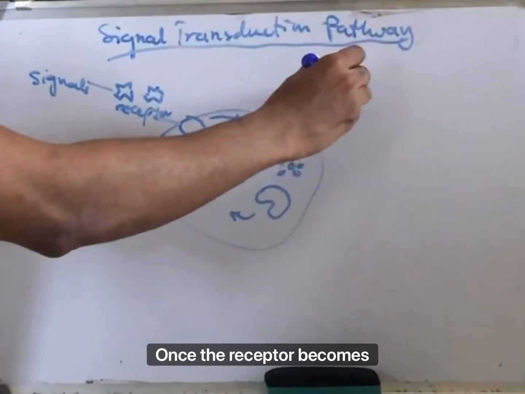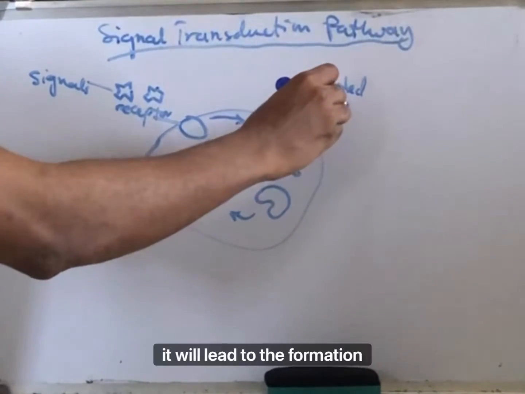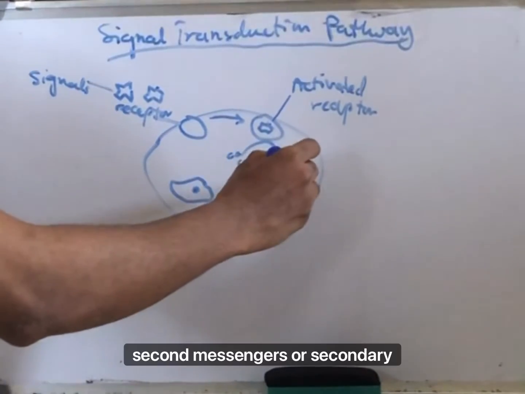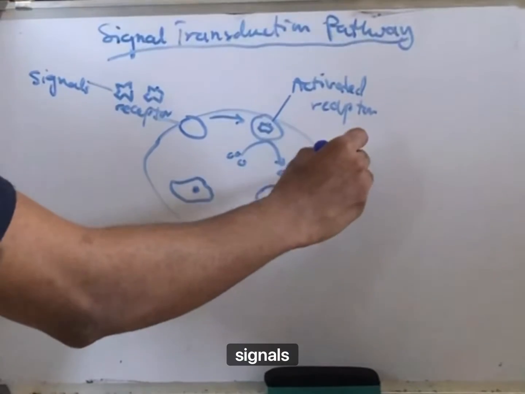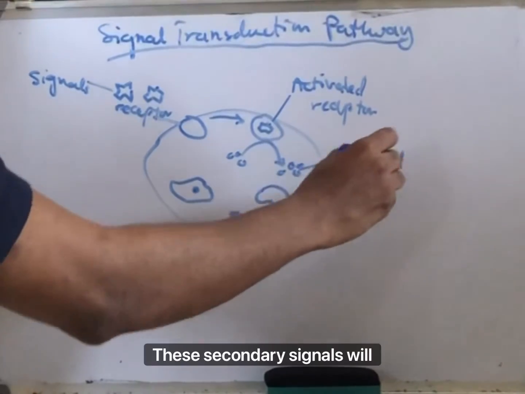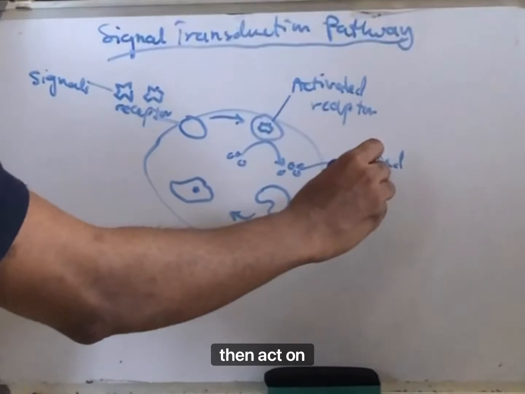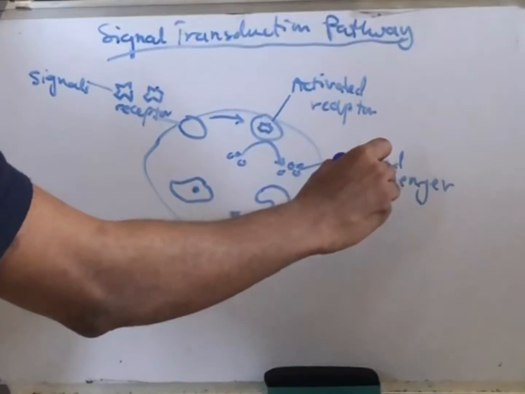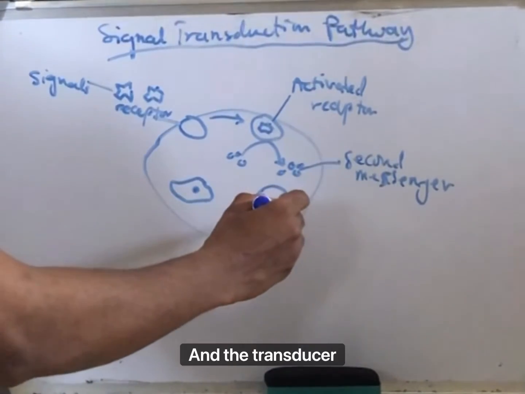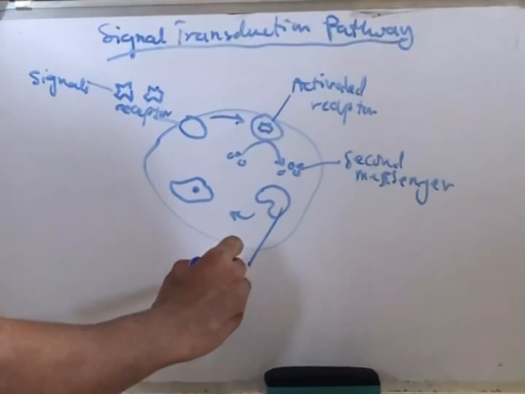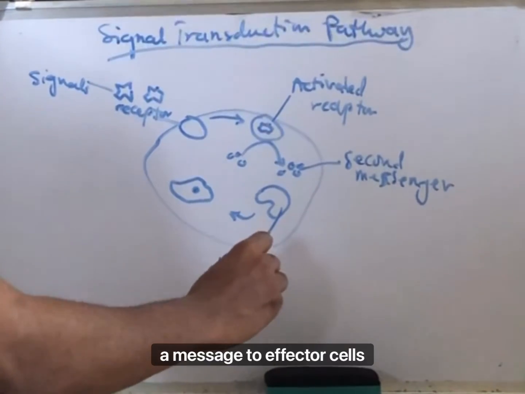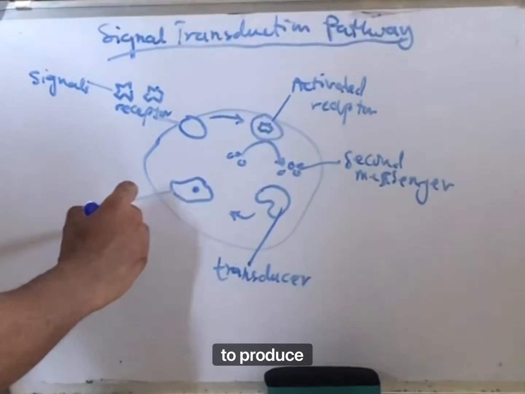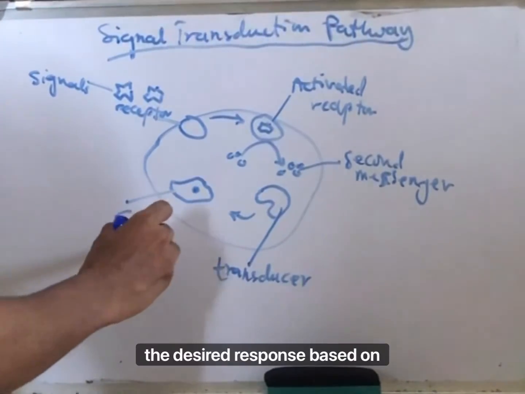Once the receptor becomes activated, it will lead to the formation of second messengers or secondary signals. These secondary signals will then act on the transducer, and the transducer will then send a message to effector cells or the effector to produce the desired response based